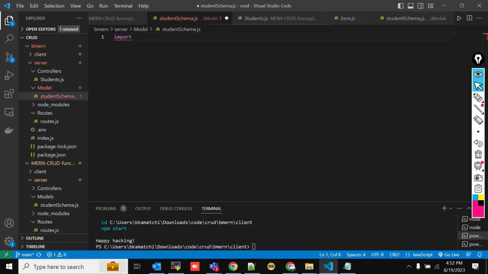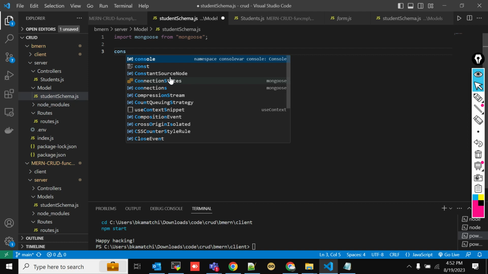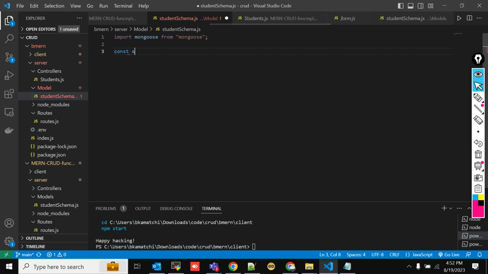Import mongoose from mongoose. Okay, now we need to have a schema, right? Let's have